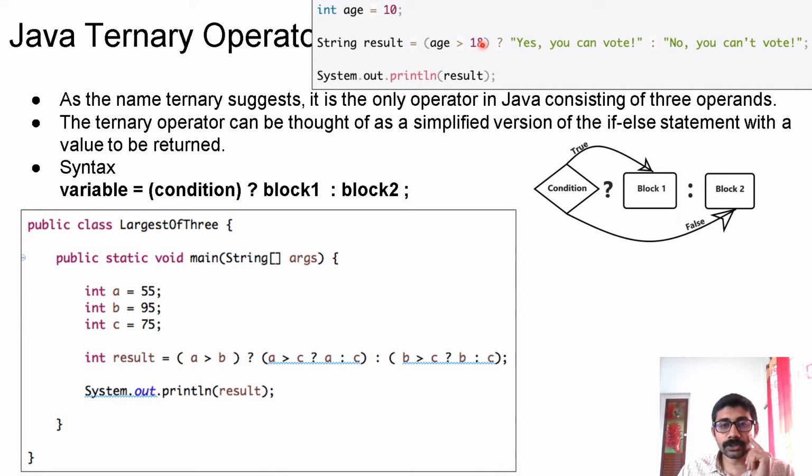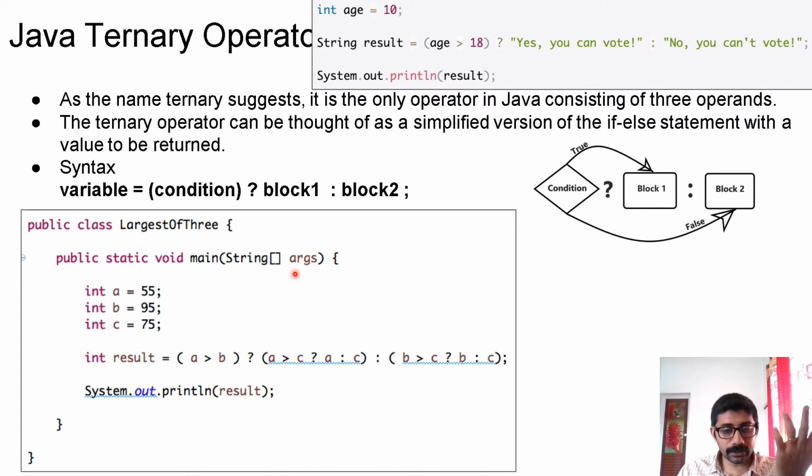So 10 greater than 18, this condition is false. If the condition is true, I will store the first part in result. If the condition is false, the second part will be stored here. So in this case, the string result will be, no, you cannot vote. So that is the execution of the conditional operator.